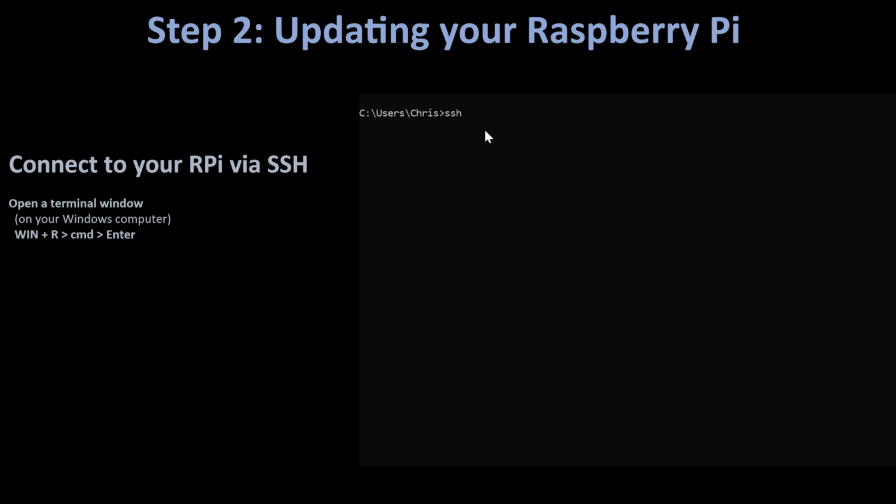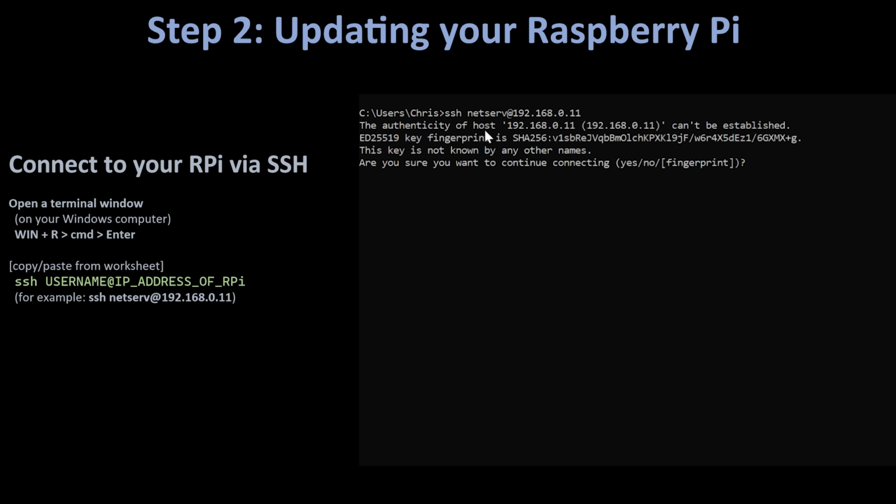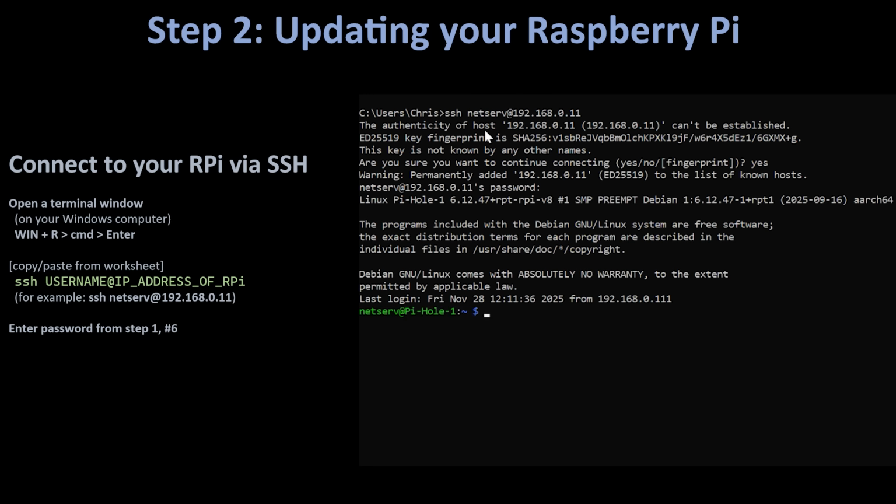In it, you will type SSH followed by a space, then the username from Step 1, Number 6, an @ sign, and then the IP address from the end of Step 1. It will look something like this. You'll be prompted for a password, and you'll enter the one that you created in Step 1, Number 6. After that, you'll copy and paste the following from the worksheet or type